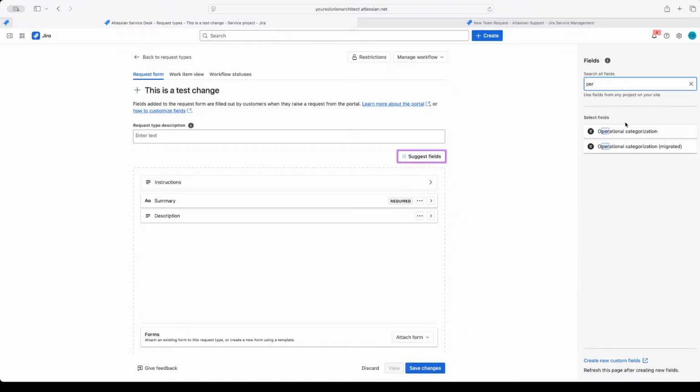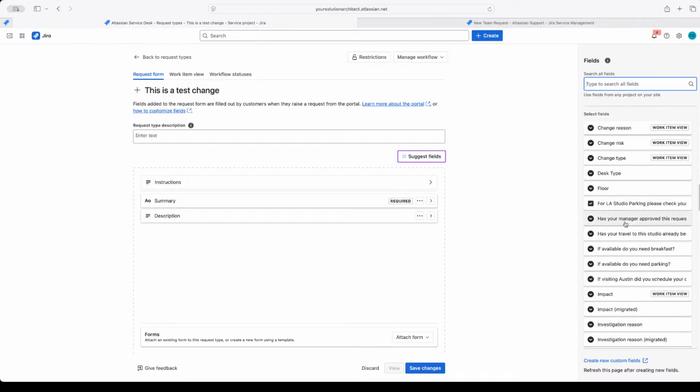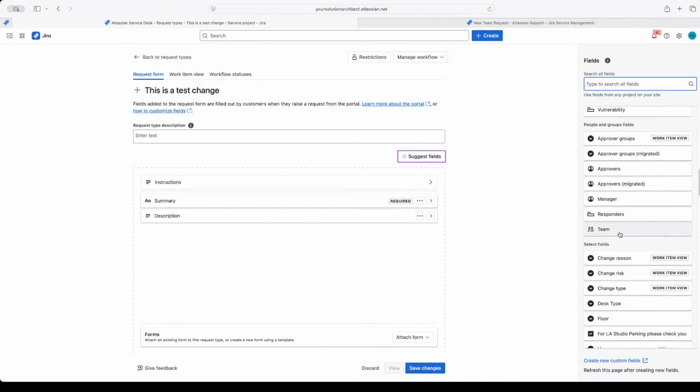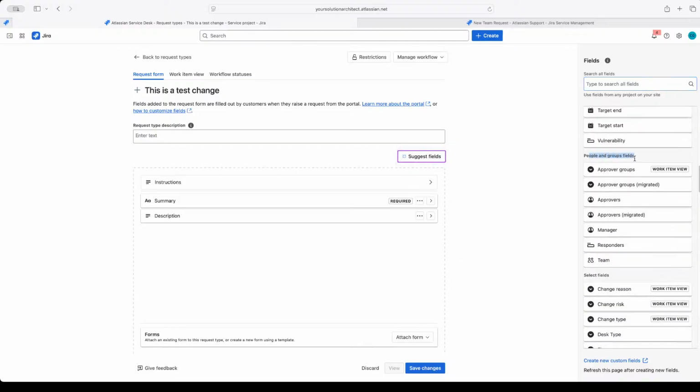I have so many fields, and none of those. I just don't have a lot in this environment. All right, so let's say you see people in group fields. I don't have very many. Let's pretend that this approvers field is a field that we want them to put the affected users in,